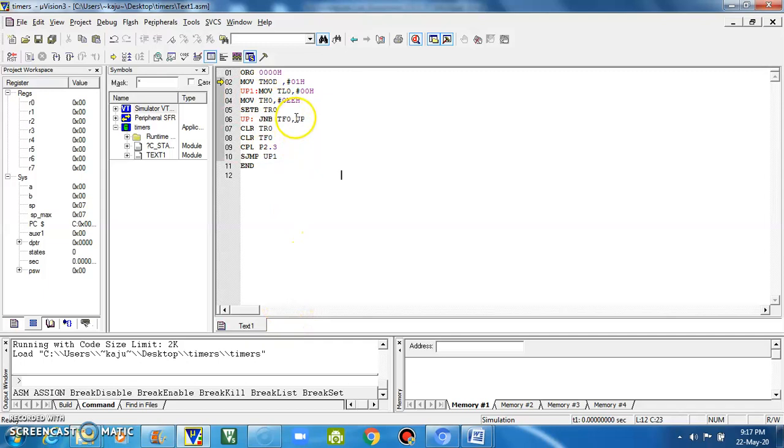You need to understand here I am using one of the ports, P2.3. For this I am going to generate the signal. This is very important. I am using port P2.3, and for this I am going to generate logic 0 and logic 1. When you want to generate the waveforms, for that we need to go for the logic analyzer. Here it is the symbol. You need to open this one.